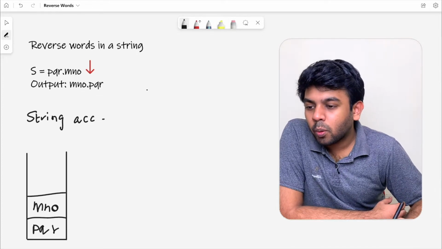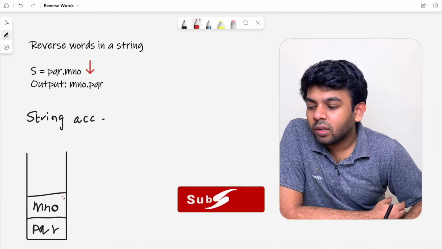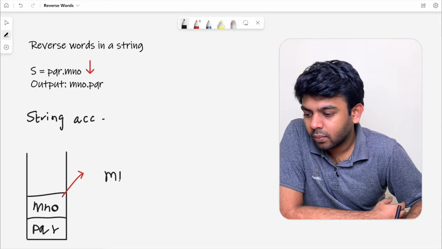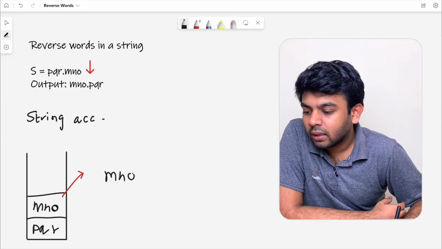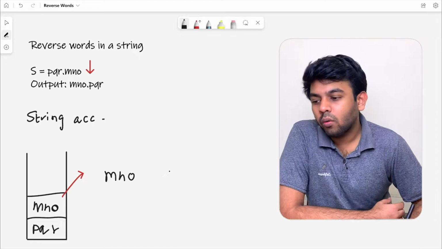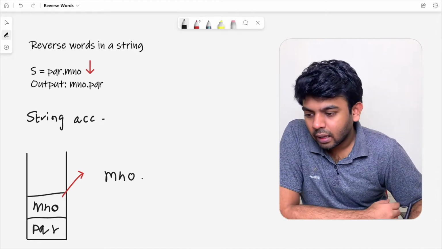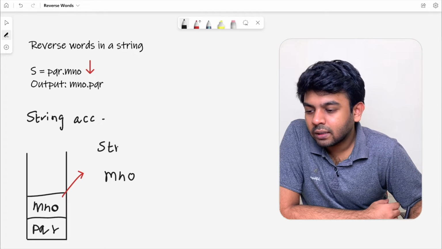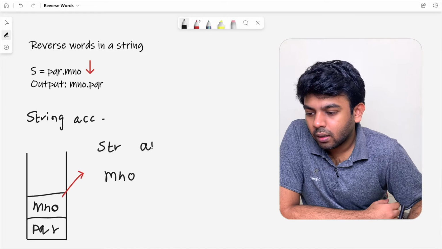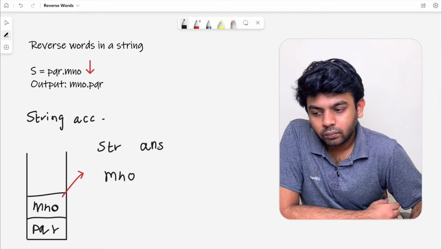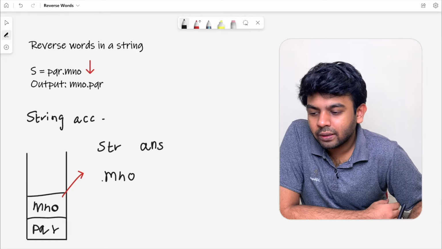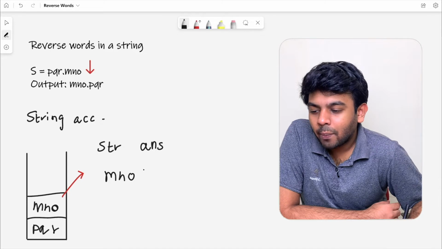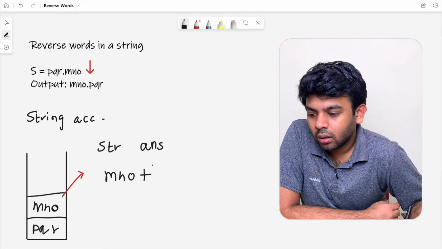So when you try to pop elements out of the stack, what will you get? You'll first get MNO, right? Because that is the element that went in last. Now you get this MNO and store it in a string. Let us say it is called answer string, str answer, and you are going to store this MNO in it, and you are going to append it with a dot,